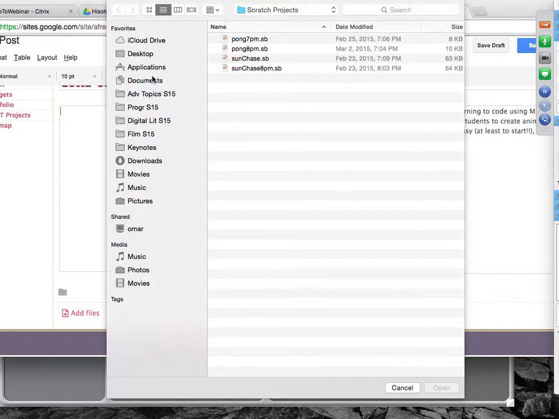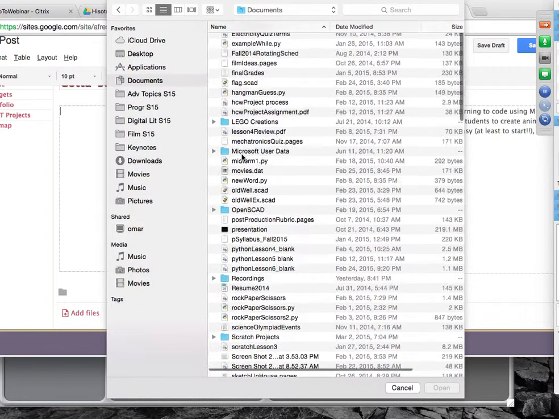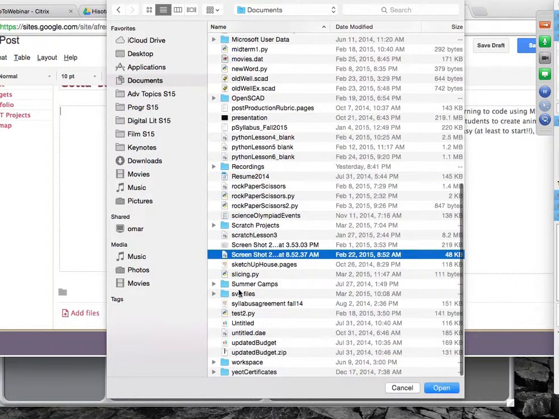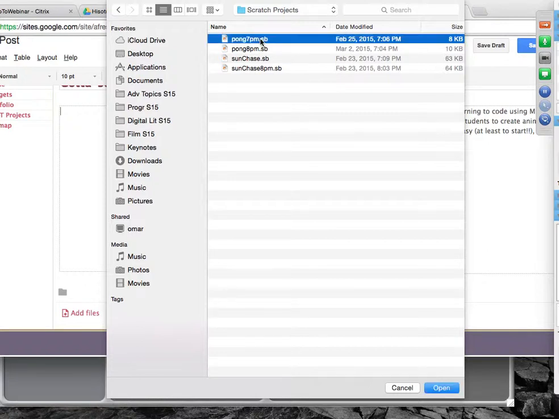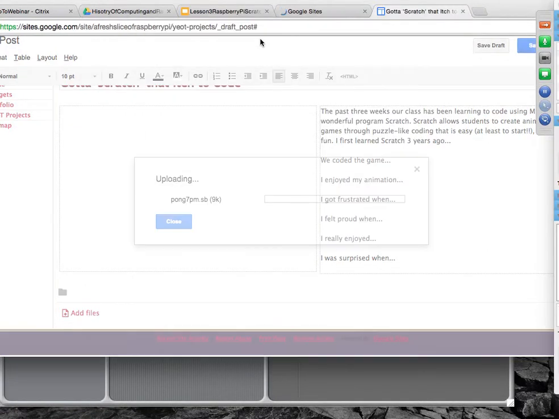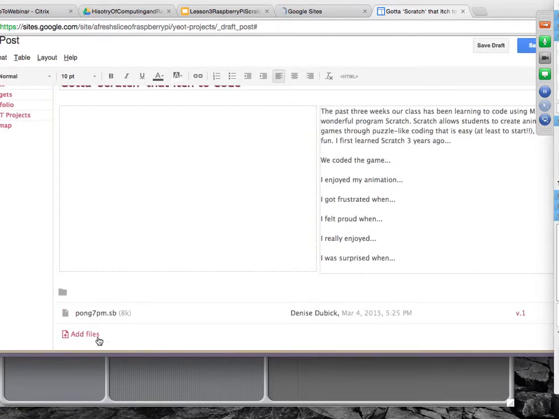I can go to Documents, and you can do this on your Raspberry Pi. Under Documents, you'll be able to find Scratch projects, and you'll be able to find your game. And then you can either just not include any pictures, just include the game, or